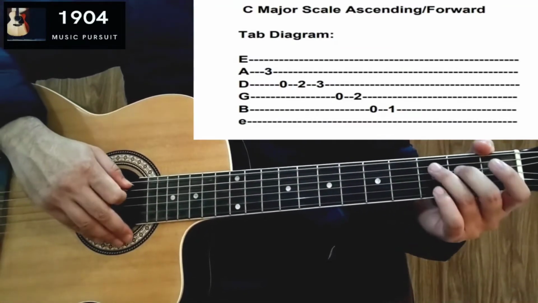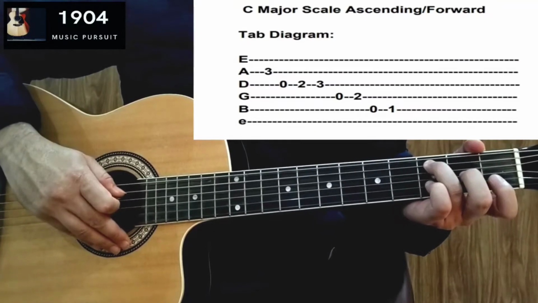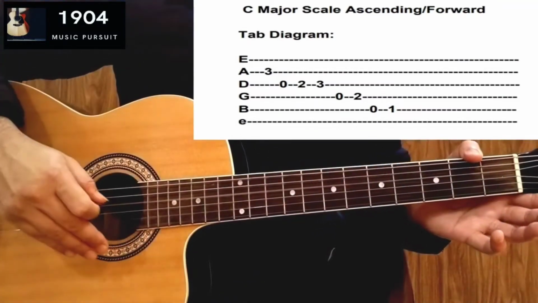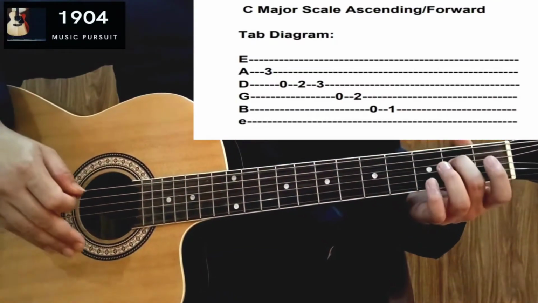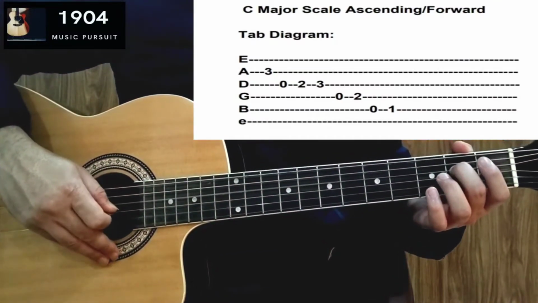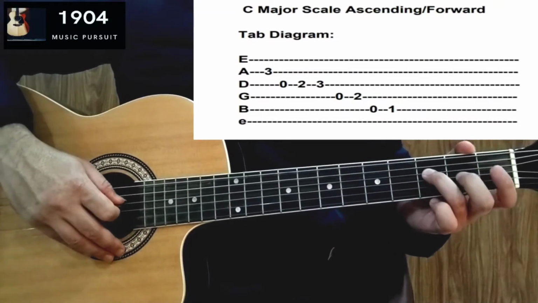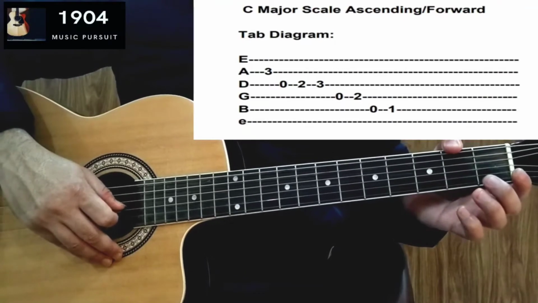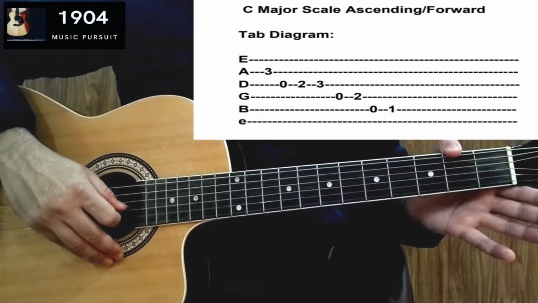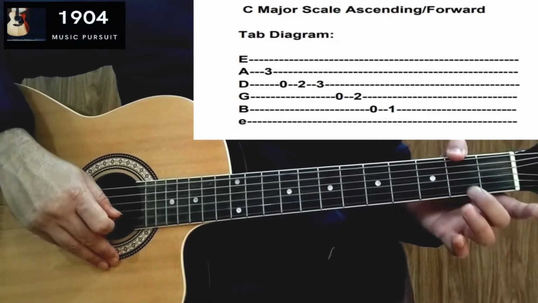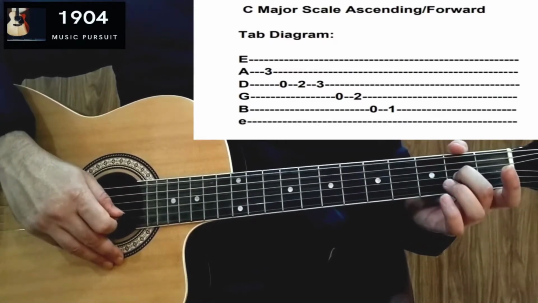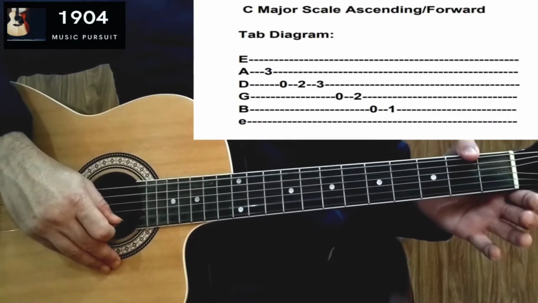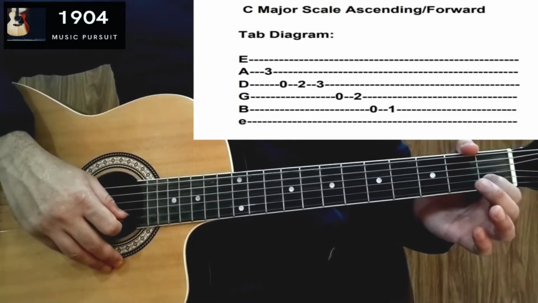So earlier we played 3 on the 5th string, that is 3rd fret, and then 0 on the 4th string, and then 2, that is 2nd fret on the 4th string, then 3, 3rd fret on the 4th string. Then it is 0 and 2 on the 3rd string. 0 means we play the 3rd string open, and then 2nd fret, and then 0 and 1 on the 2nd string. 0, that is open, and then 1 means 1st fret.